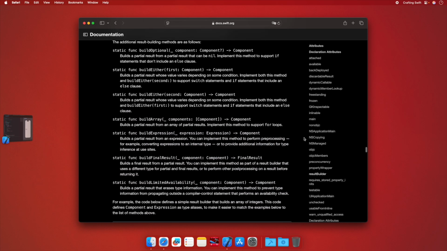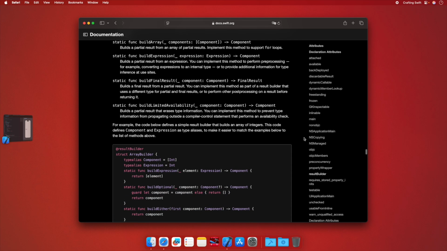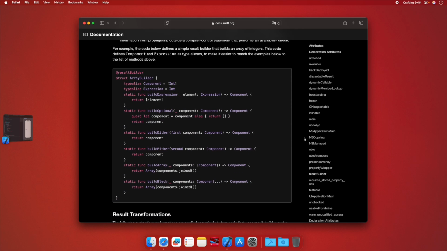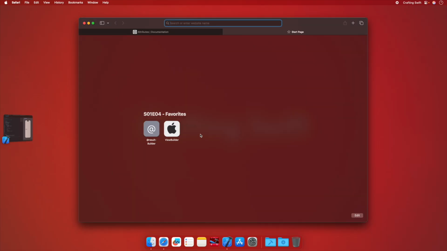structures step by step. Result Builder in Swift is a powerful feature that enables you to create custom domain-specific languages for building values in a declarative and expressive way. It works by allowing you to define a type that manages how multiple expressions are combined to form a result. By using special methods like buildBlock, buildIf, or buildEither, a result builder can compose multiple expressions in a specific order or under specific conditions. It's commonly used in SwiftUI to construct views in a declarative manner, allowing for cleaner and